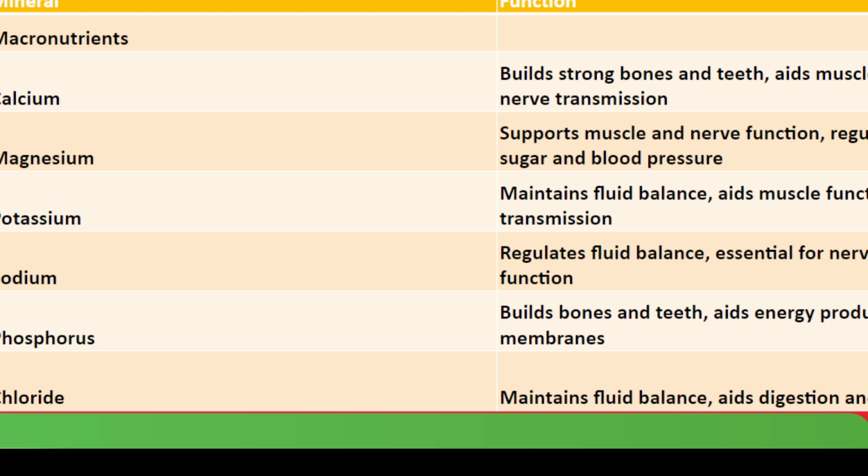Then magnesium here too, like just calcium, it supports muscle and nerve functions. However, it is also involved in regulation of blood sugars and blood pressures. Then potassium here, fluid balance, that's one of its major functions. It's antagonistic in action to sodium. Yeah, in function, it's antagonistic to sodium, which we have sodium right there. Sodium here regulates fluid balance too, and it's a tensor for nerve and muscle function that can be easily understood. Looking into phosphorus,